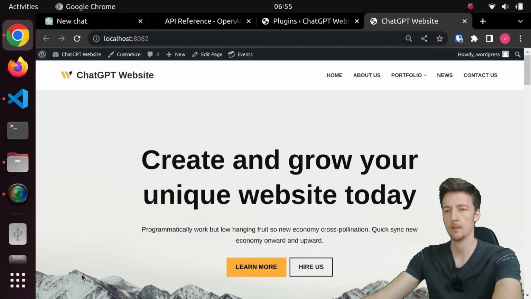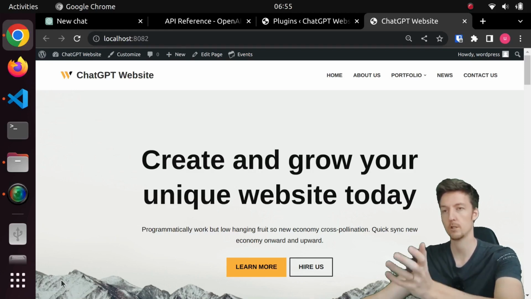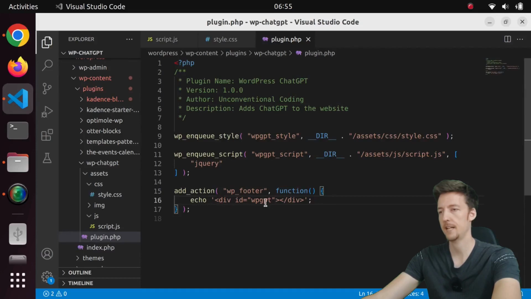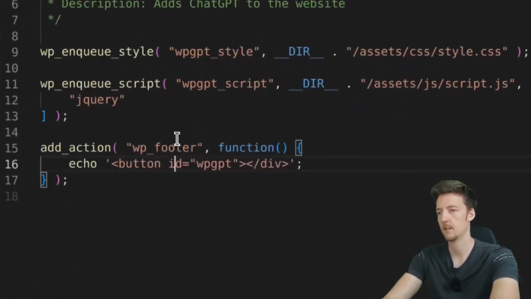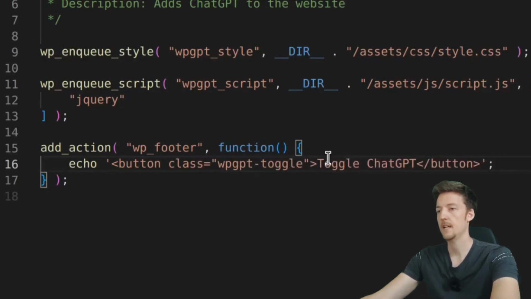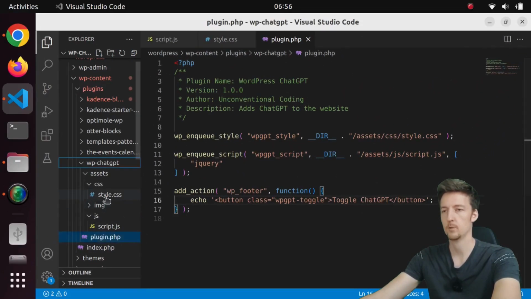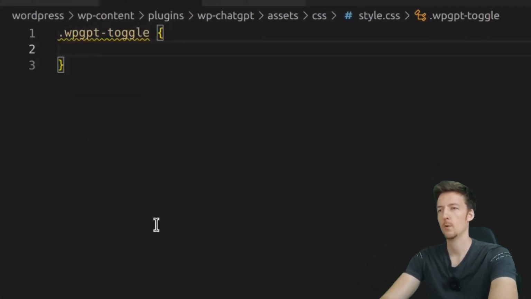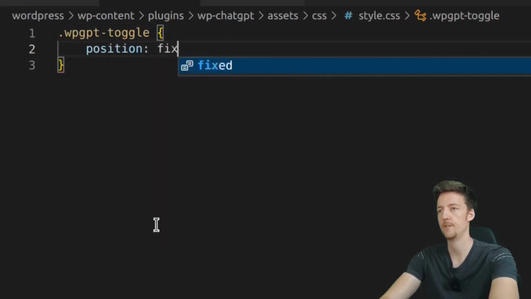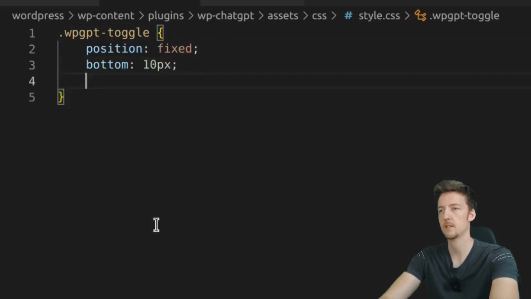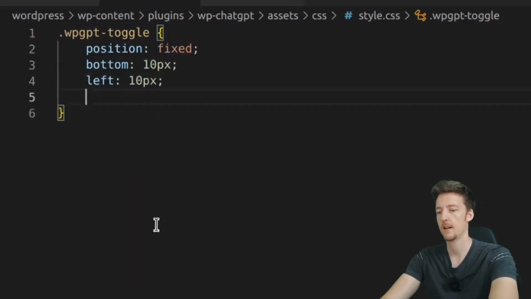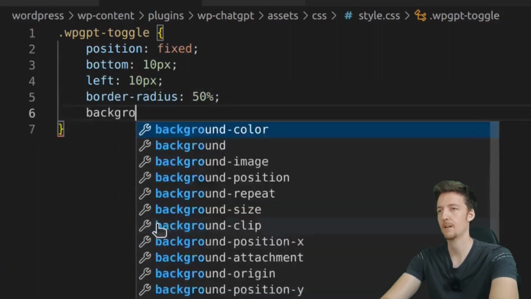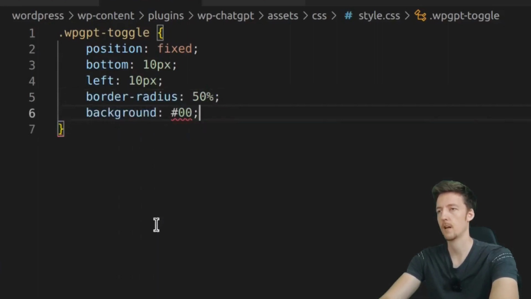Well, let's put a little circle here that we can click to toggle the chat. So I will in fact add it here. Let's call it a button, and let's add a class wp-gpt-toggle, and then we should add some styling to it. So let's go to our style, and we will say .wp-gpt-toggle, which will be position fixed, bottom 10 pixels, left 10 pixels, and border radius will be 50%, so it will be round, and background will be some sort of color,